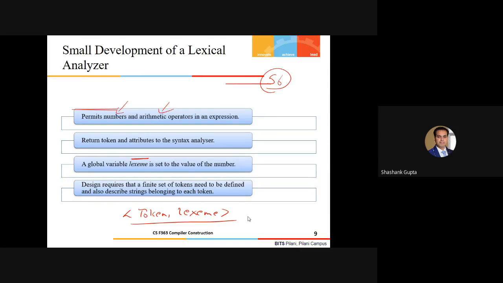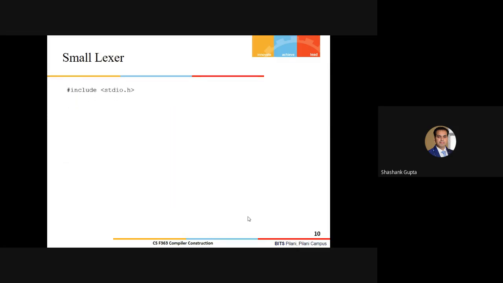Fine, students? This is a very small lexer, just for understanding the implementation. We included some include files, and I declared this global variable lexeme beforehand. We are introducing the definition of this lexical analyzer as part of this specification. I have declared one character, which is always going to be stored in the identifier c here, which I am going to read one by one from my input source stream.